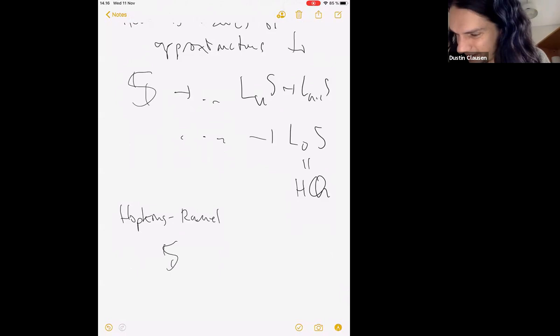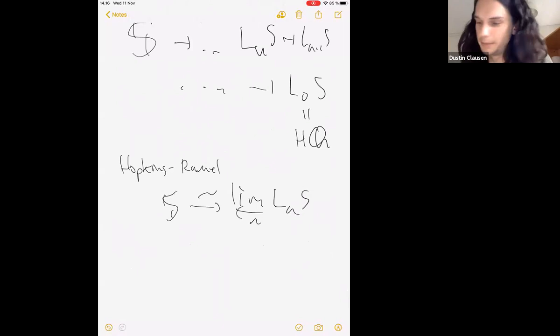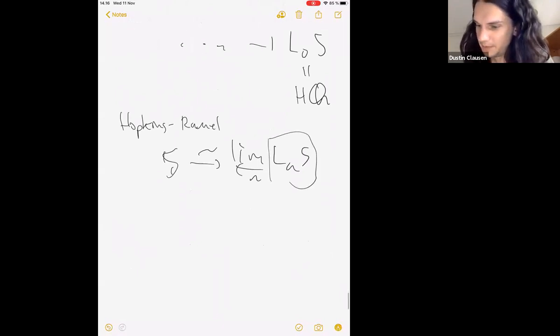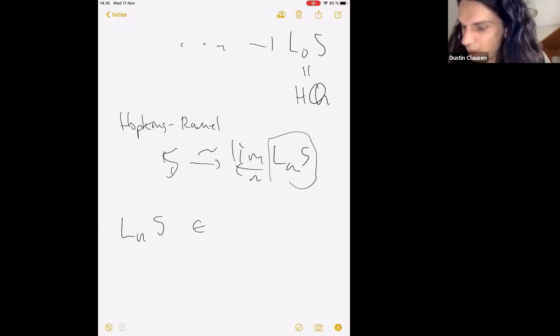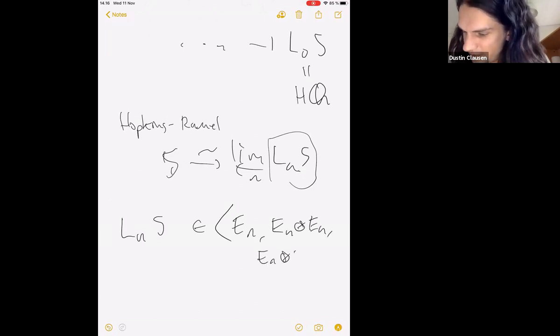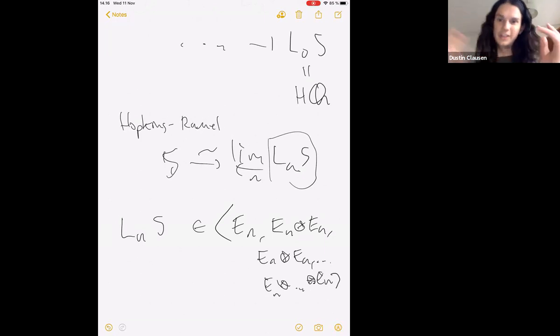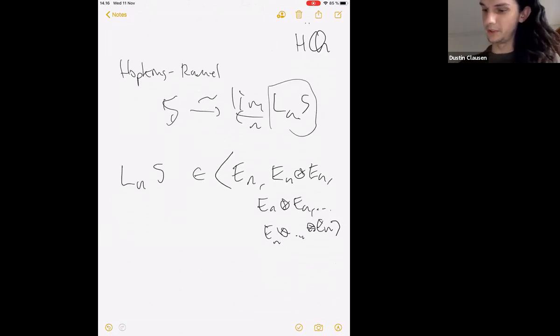Right, so the sphere spectrum is actually recovered as the inverse limit of this tower. But on the other hand, these are supposed to be simpler to understand. So all the complication in the sphere spectrum is, at least in principle, contained in these LnSs. But these LnSs can be built in finitely many steps from your Morava E theory together with maybe its smash product with itself, an arbitrary number of times. But actually, you can stop at a finite step. So if you take Morava E theory and its tensor products with itself, then in principle, you can build